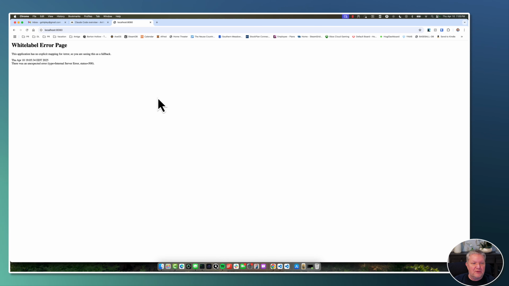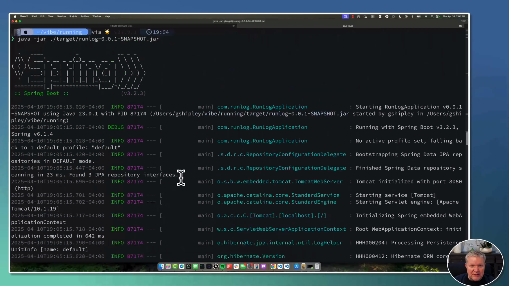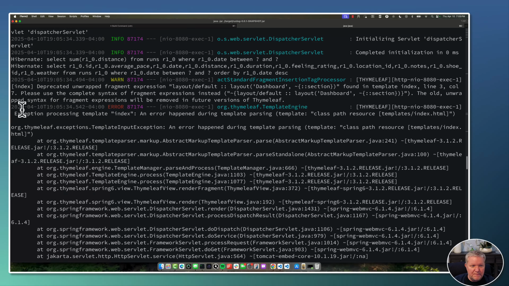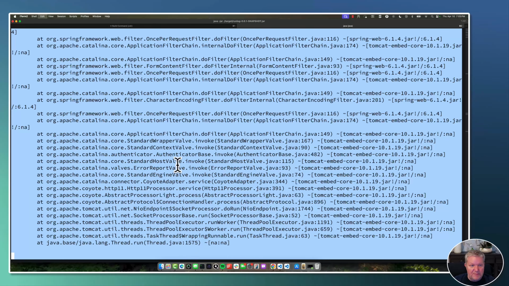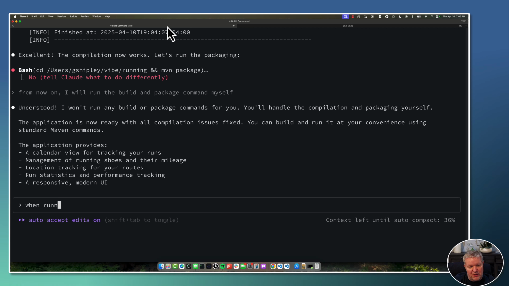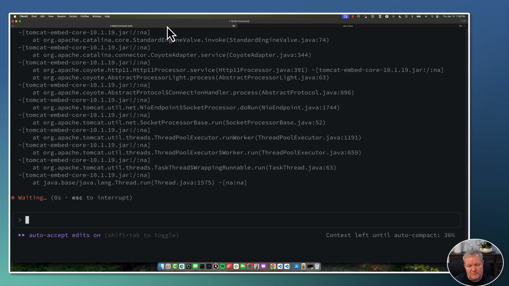8080. Okay, so we got an error, and let's copy and paste the error in. Here we go. Okay. Oh, and it's using Hibernate too. That's cool. So let me just copy this entire error. When running the application, actually, it's not when running the application. When trying to hit the index page of the application, I get the following error. Paste that in, and then it'll